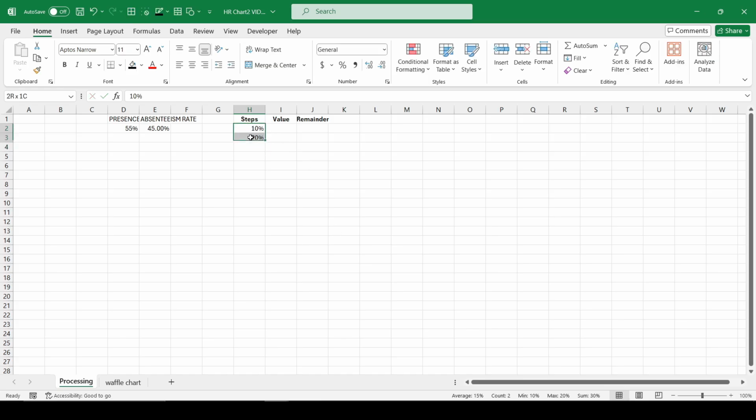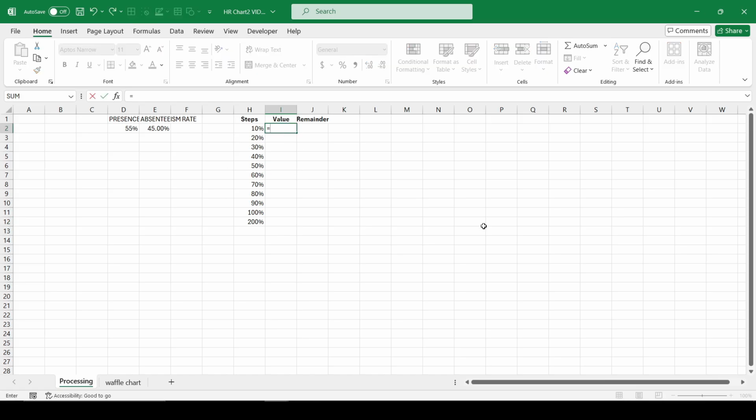We create a table to build the logical structure of the waffle chart from a horizontal bar chart in Excel. The first column represents steps. The second column contains a formula that converts the horizontal bar chart into a waffle chart.